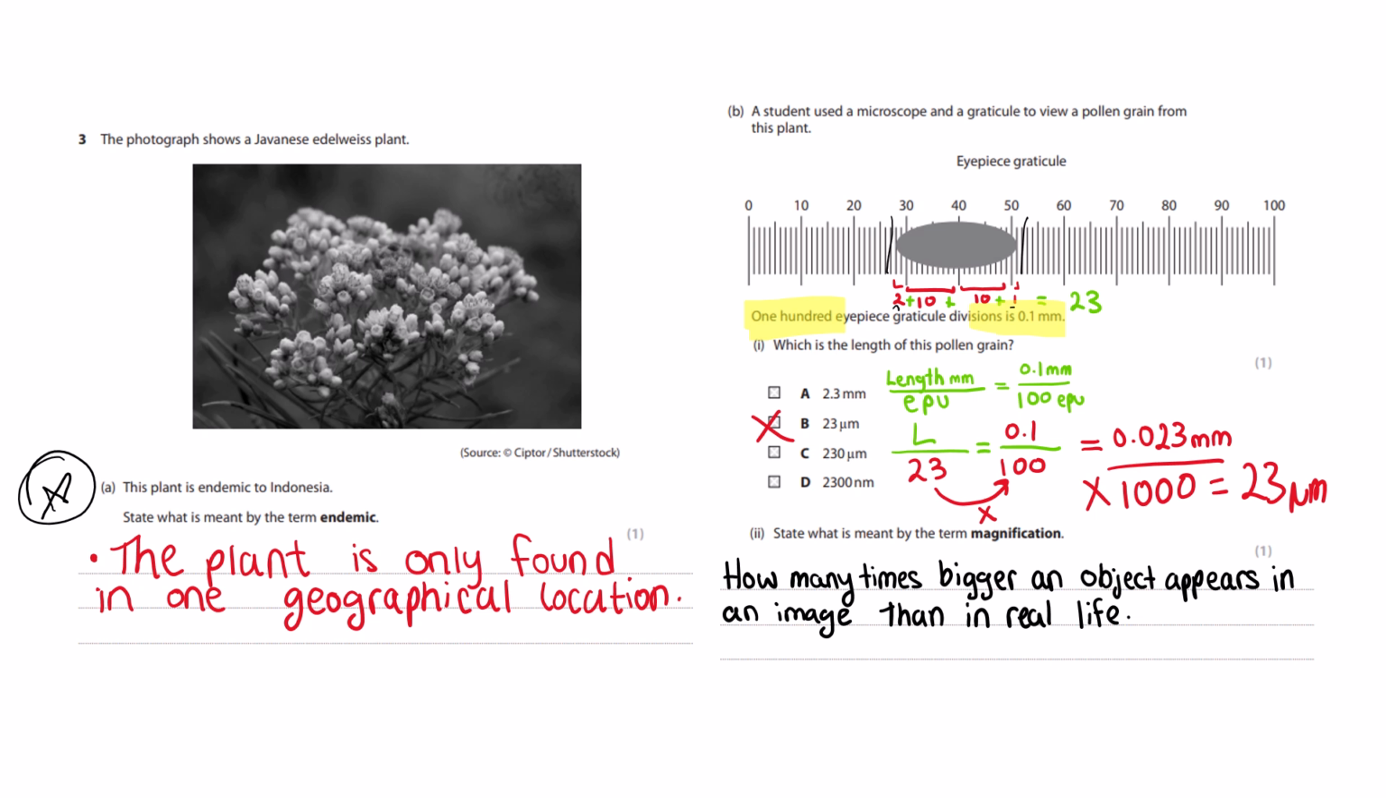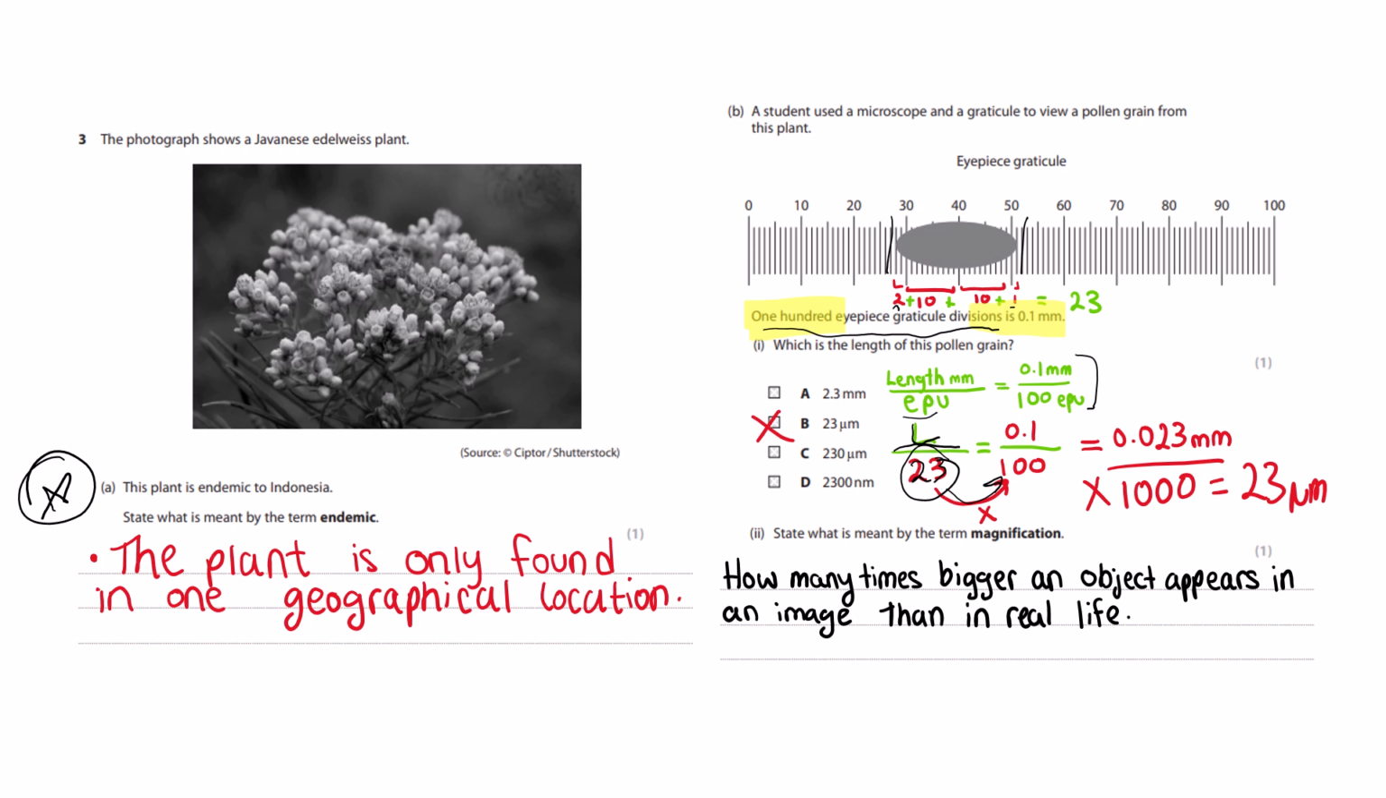Then we're going to have our equation, which is length in millimeters divided by the eyepiece units is going to be equal to 0.1 millimeters over 100. So how did I get this? I got it from over here, where it said 100 eyepiece graticule divisions is 0.1 millimeters. Okay, so we're going to be looking for the length. So length is going to be on top of the 23 because 23 is the eyepiece units that we calculated. We're going to move this 23 by multiplication over to the other side, which is going to give us